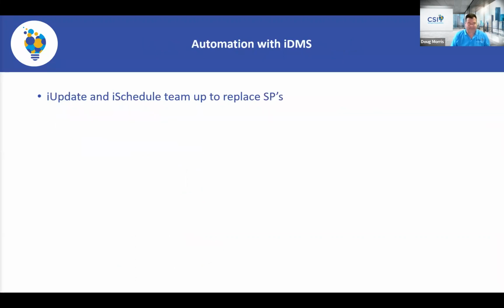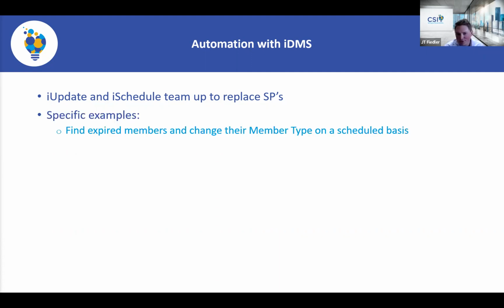All right, shifting topics, automation with iDMS. We have been seeing people utilize iUpdate and iSchedule to start to replace stored procedures as they plan their migration to iMIS EMS. Some specific examples we've seen is finding expired members and changing their member type on a scheduled basis. So having an IQA find all of the records marked as member, but they're paid throughs in the past,